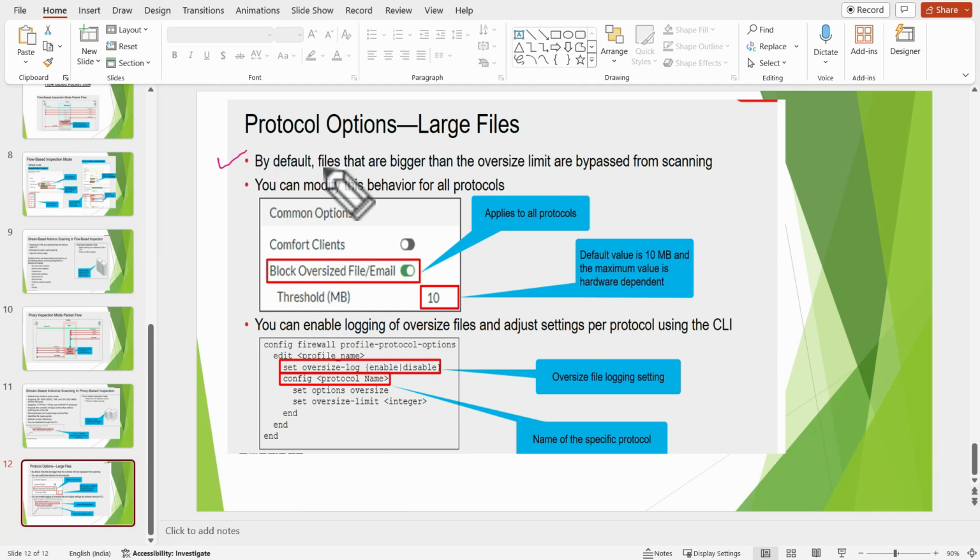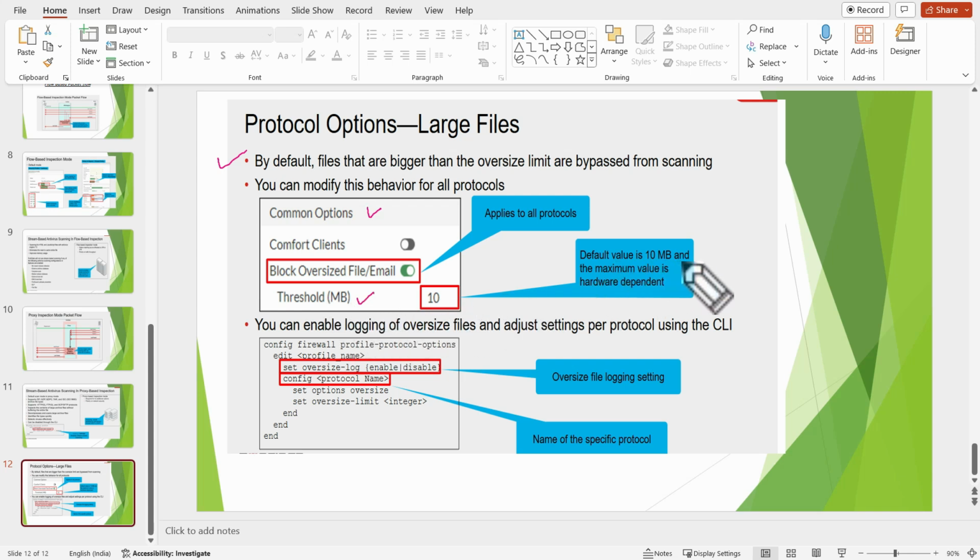By default, files that are bigger than the oversized limit are bypassed from scanning. So if a very large file comes to the FortiGate, it will be bypassed, and we have that limit in the common options: block oversized file and email. This is applied to all protocols, and we have the threshold in MB.